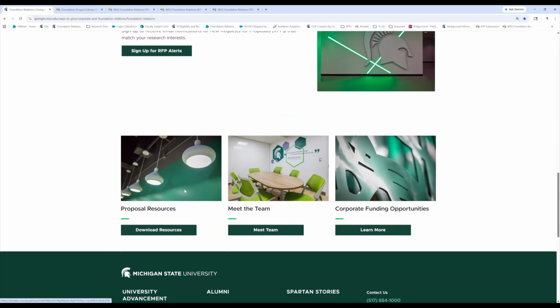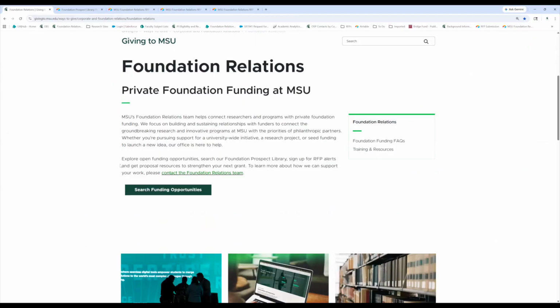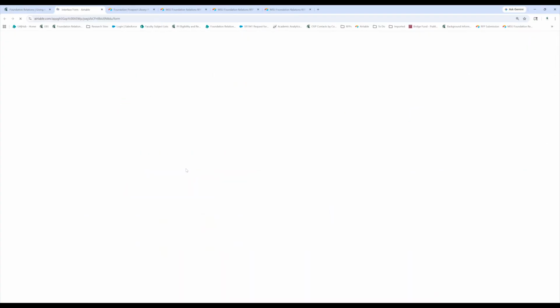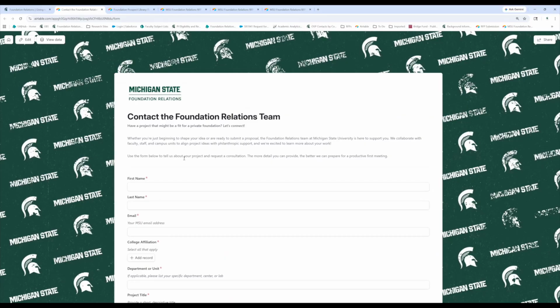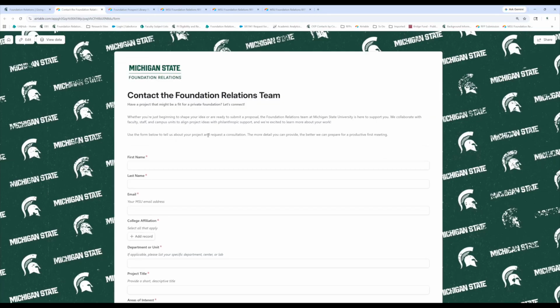And then the other secret sauce, other than the RFP funding button, is this little contact the foundation relations team form. If you go in here and you really want us to be able to come to a meeting with you ready to talk strategy, I will tell you, we used to have a process where you could contact our office, we'd come and learn about your stuff, and then we'd have to go away and do some research, and then we'd have to come back and fine tune that research based on what you like. We're cutting a few of those stages out. We are asking if you can fill out this contact form.